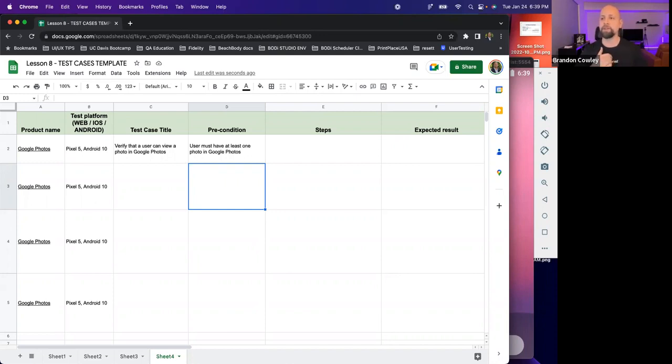Chris, okay, yes. So Christopher says, but you need to have the app before you have the photo. No? Yes, you do. We will consider that exceedingly obvious, and that is outside of the scope of dumbing it down. If you are going to test the app, we assume that you have the app. Very true. But we'll take it up just a level from that sort of level of obvious. And right above that level of obvious is, well, I need to have a photo. Because if I have no photos in my album, how may I verify that a user can view a photo?